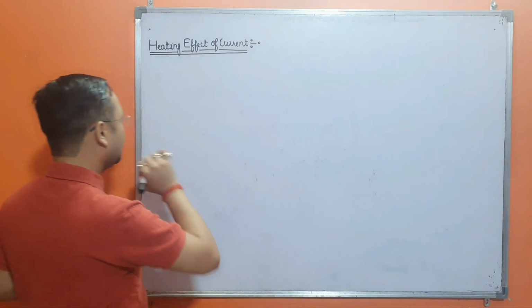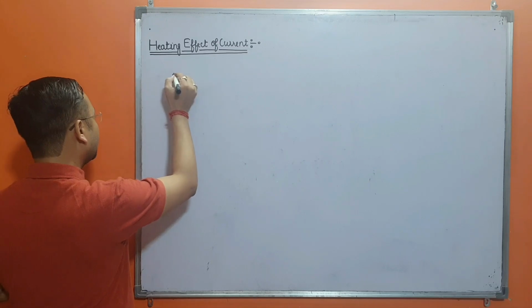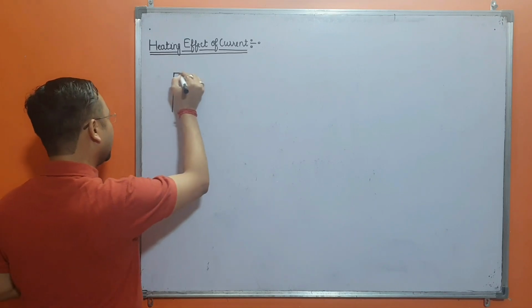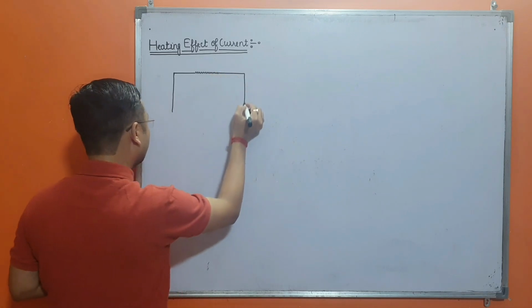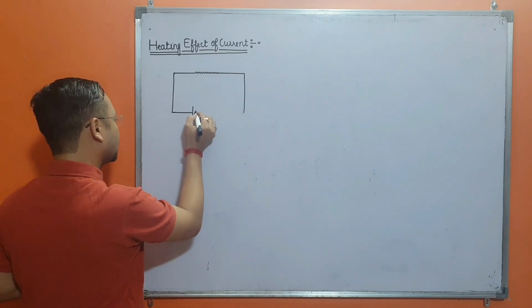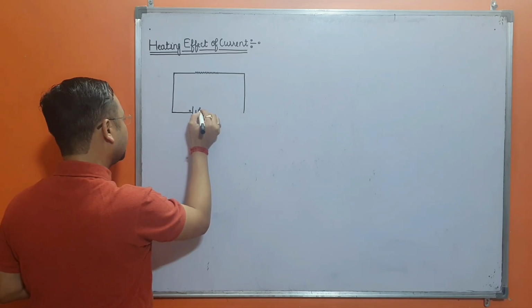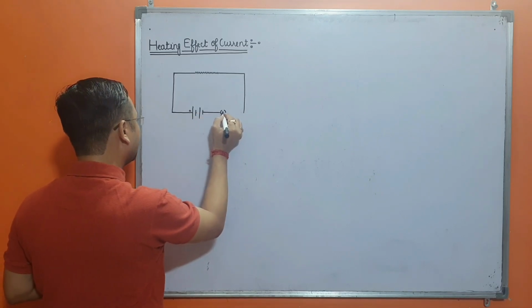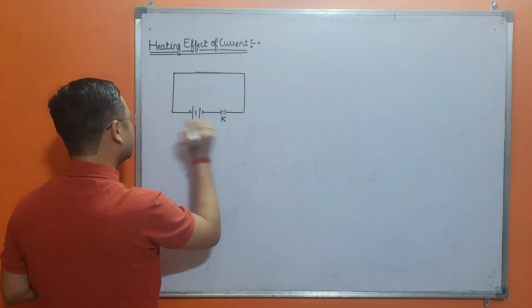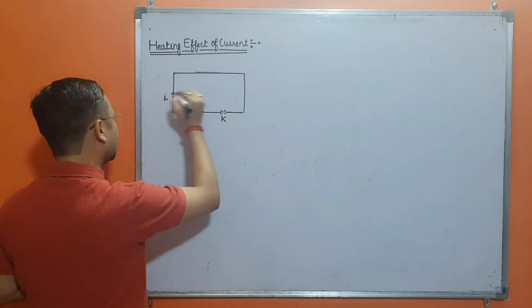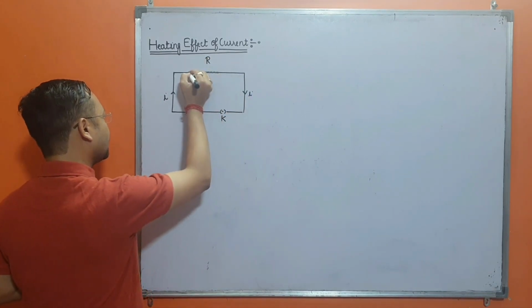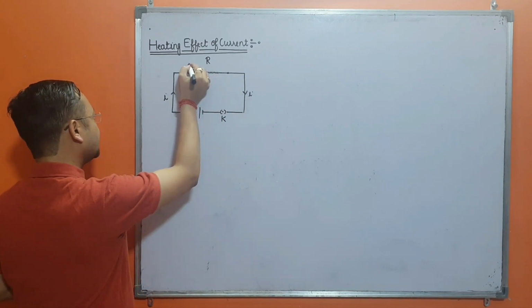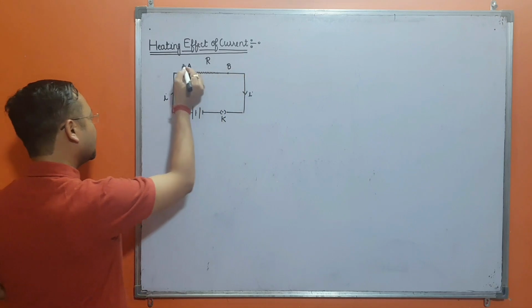Now next, the expression of the amount of heat produced when I ampere of current is flowing through the conductor. So I am just explaining the amount of production of heat. There is a DC source of V volt connected, there is a key which gets closed, and I ampere of steady current is maintained in the circuit, and the resistance of the conductor is R. This is the terminal A and this is the terminal B.